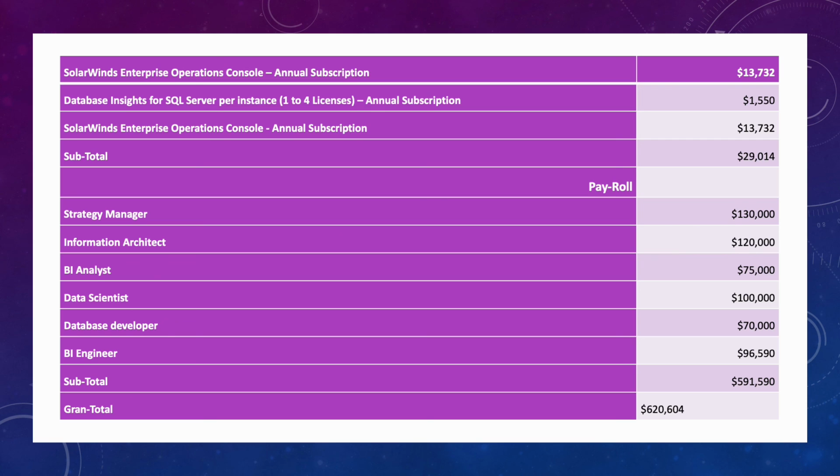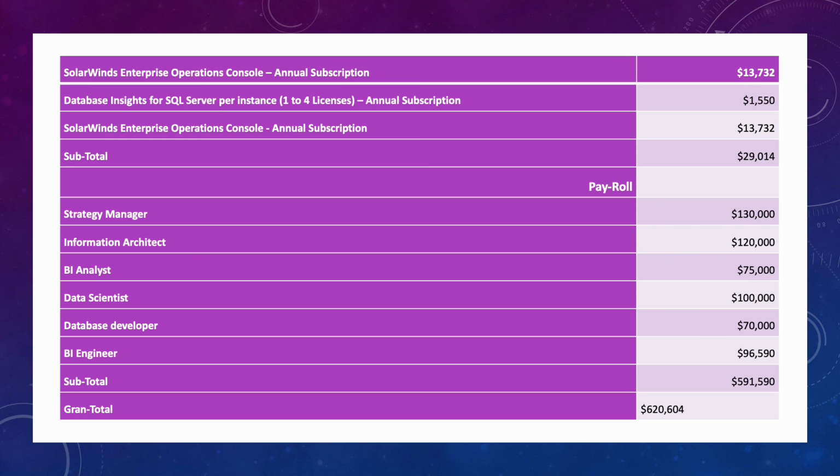The SQL Server per instance for database insights, the annual subscription for 1 to 4 licenses, is $1,550. And the SolarWinds Enterprise Operation Console annual subscription is